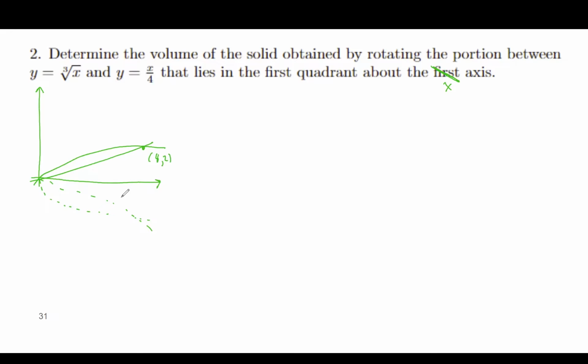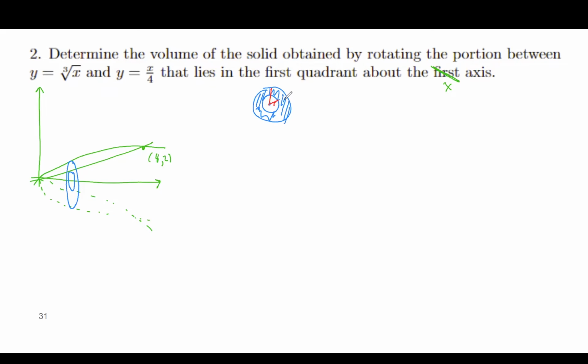Now, what we're going to use here is the washer method. So we're going to split the volume of this rotated solid into a bunch of very thin disks. They're going to look something like this. Imagine that as a circle around the x-axis. So if we do a more head-on picture of this, if we wanted the area of this shape, imagining that this is filled in here, if we want the area of that shape,